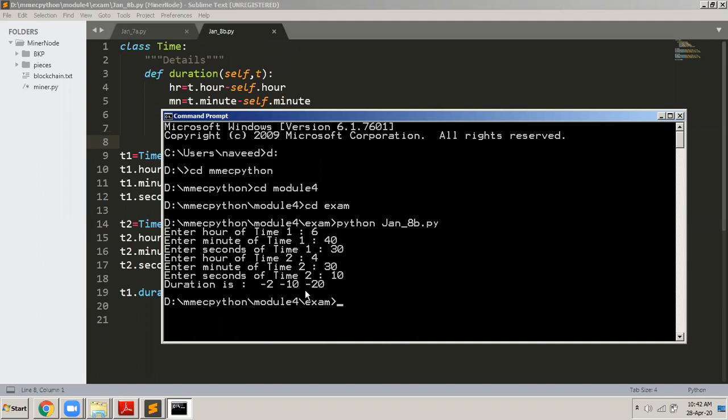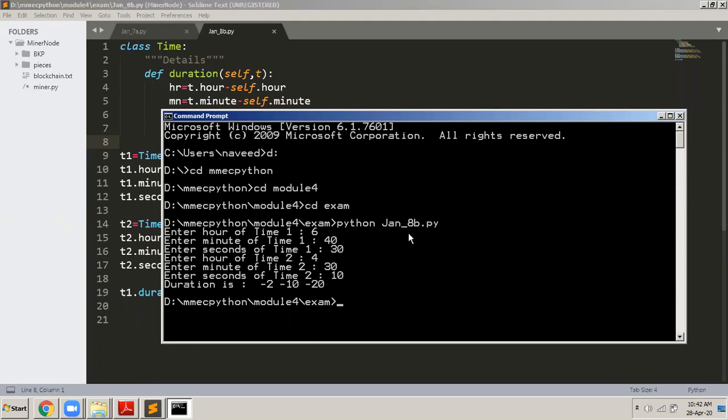Yeah, what has happened is I've given the end time as a smaller time, and I've given the start time as a bigger time. So that's why everything is coming in negative. If I would have given it in reverse, then everything would have come correctly. The start time I'm saying is 6 o'clock, and the end time I'm saying is 4 o'clock. So that's why it is coming in negative. So more or less, the logic of the program, you have to give it properly.